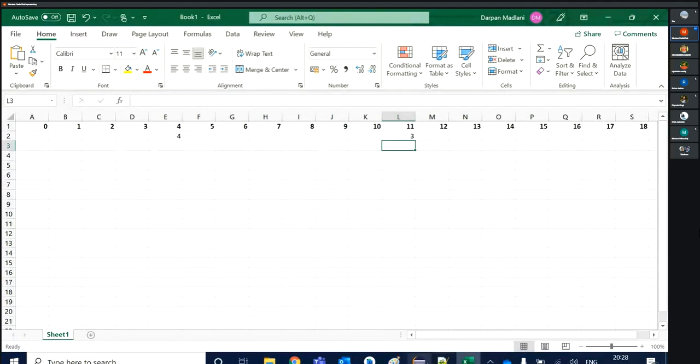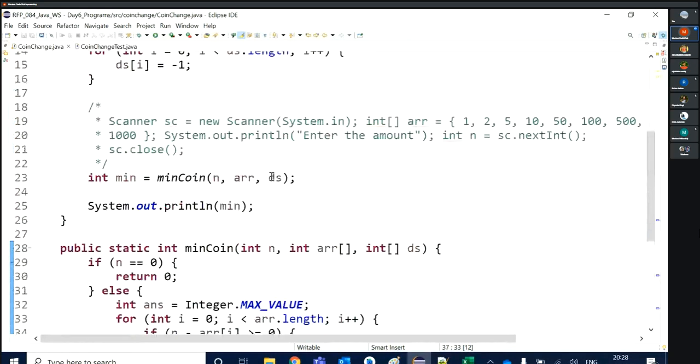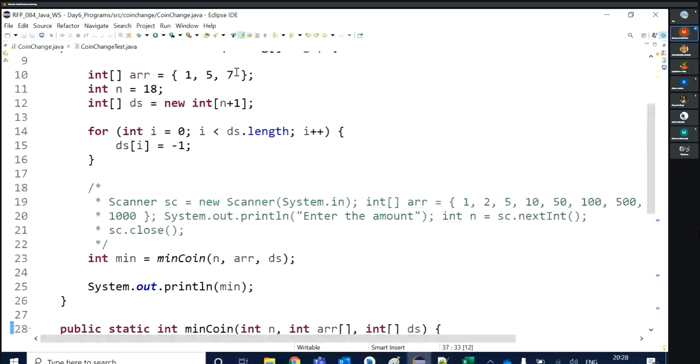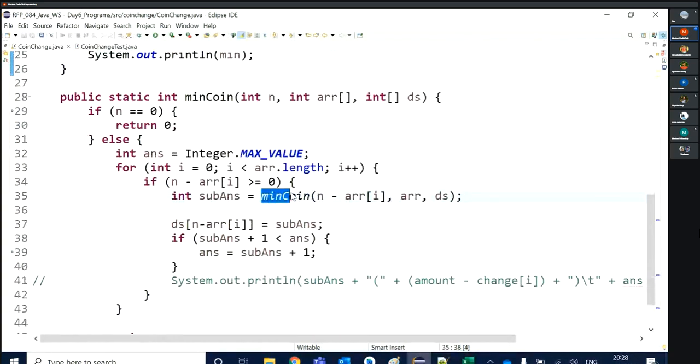Getting me? The same thing I do in Excel, I'm doing with the program here. Everyone getting me? Let's say my amount is 18, and I'm using the 7 rupee coin. What will be my sub problem? 11.